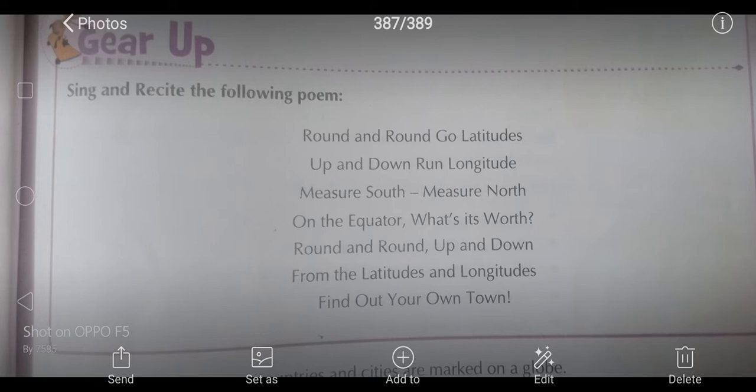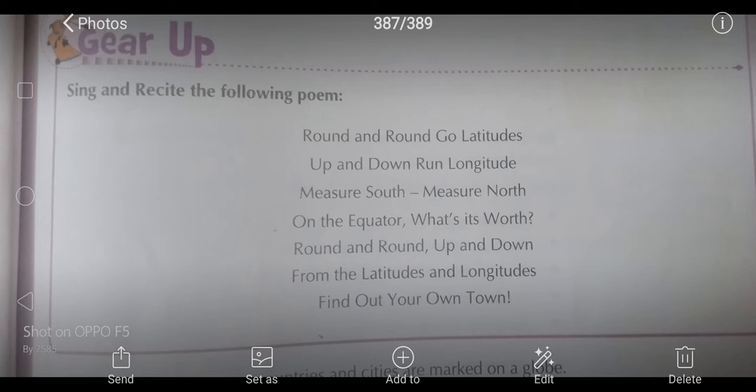When we look at a globe, we are able to see only one side. To see the other side, we have to rotate the globe. The globe rotates on the pole that passes through it. You know children, what is it called? It is called the axis. An axis is the imaginary line on which the earth rotates. The two ends of the axis are called poles. The point at the top is called North Pole and the point at the bottom is called South Pole.